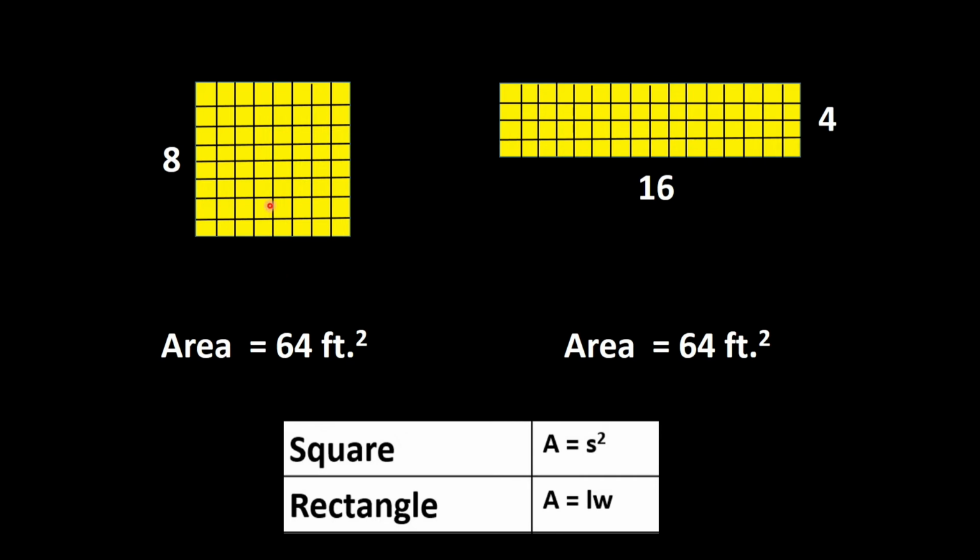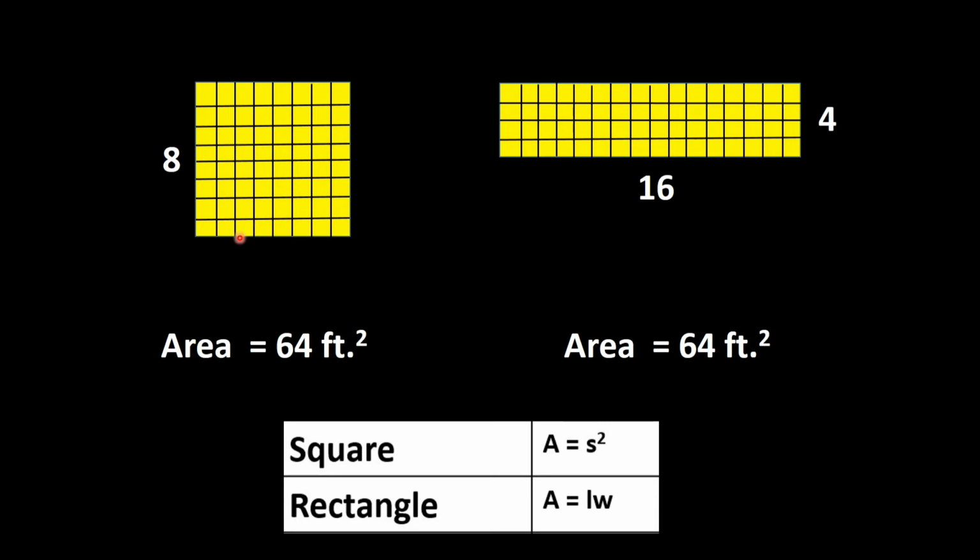So this is the area of the square. 8 squared is 64 feet squared. And area of the rectangle, 16 times 4 is 64 feet squared. So equal sila. So ibig sabihin, pag binilang mo yung mga square units na to, 64 yan. Ito rin ay 64. Sabi niya sa problem, yung length ng rectangle is 8 feet more than the side of